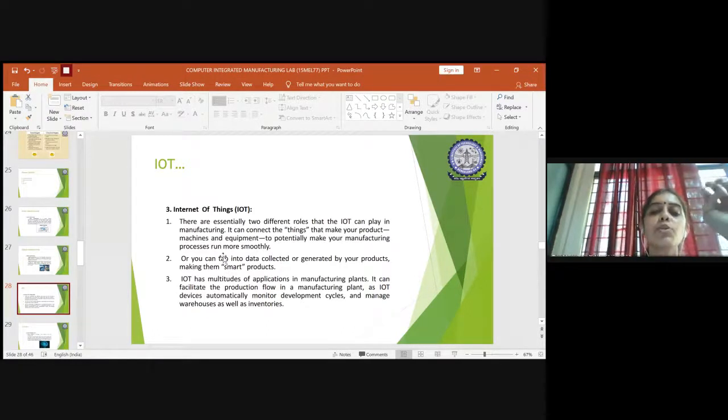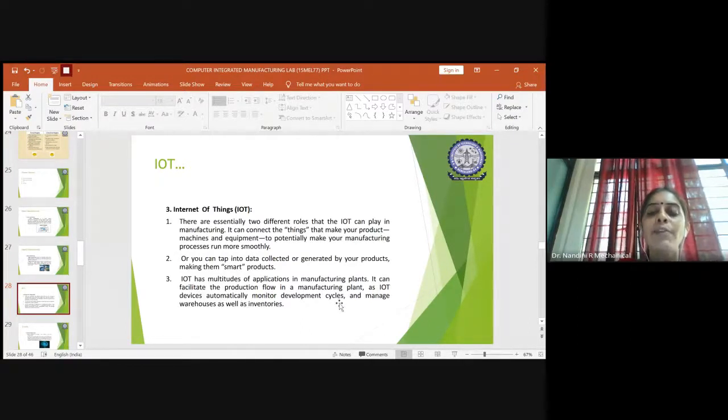So these are the 2 ways where IoT plays a vital role in manufacturing. Okay, so IoT has many applications in manufacturing plants. It can facilitate the production flow in any manufacturing plant, and it can also help in making the various types of cycles be monitored automatically.